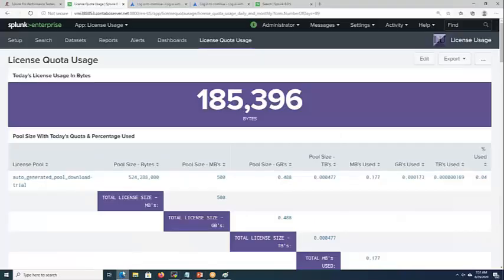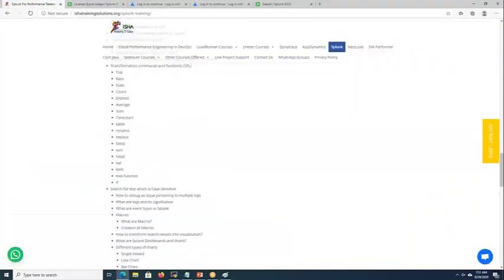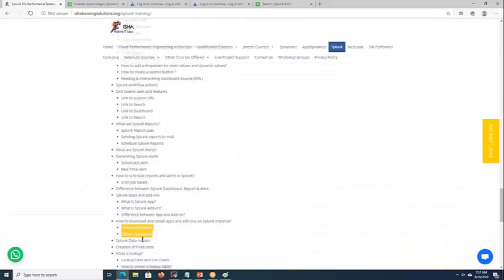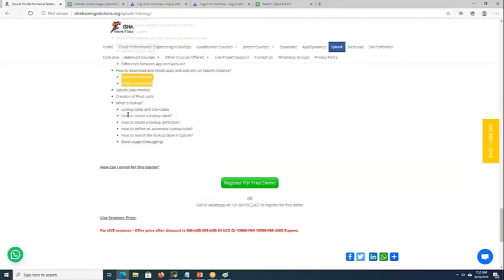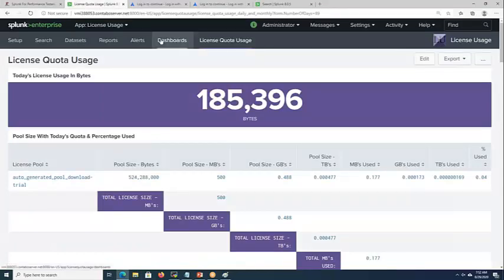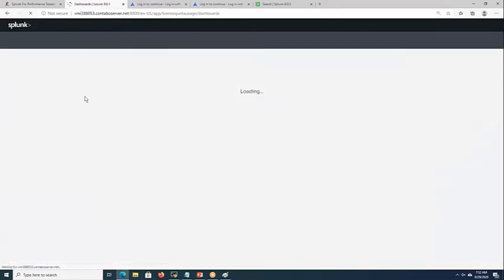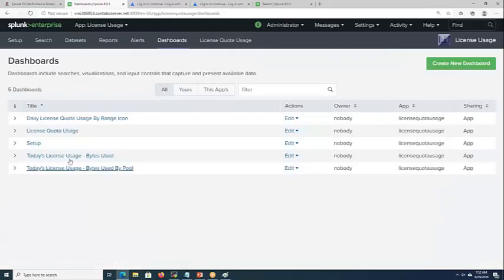There is one beautiful feature in Splunk called pivot table, or pivot charts. Using this pivot, without writing Splunk queries, we can create dashboards. I will show one example of a dashboard which is created using the pivot.